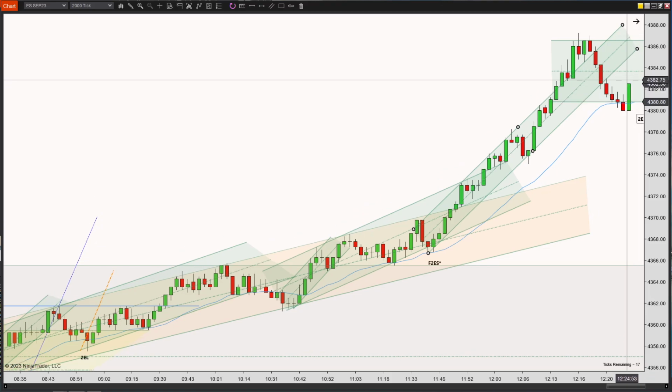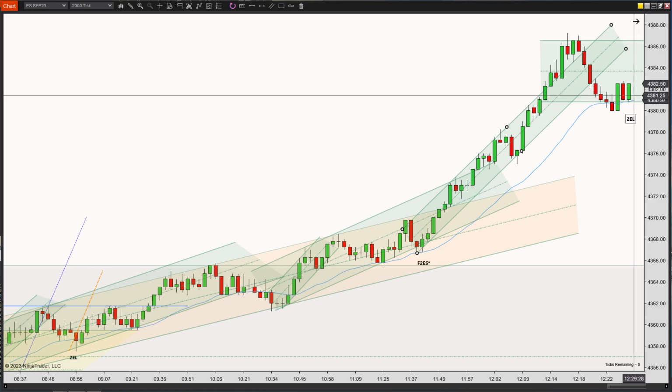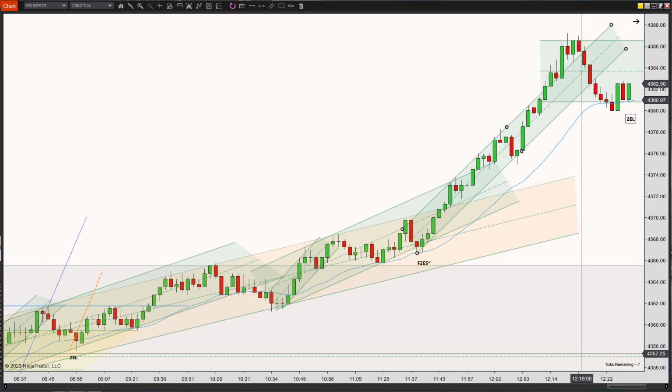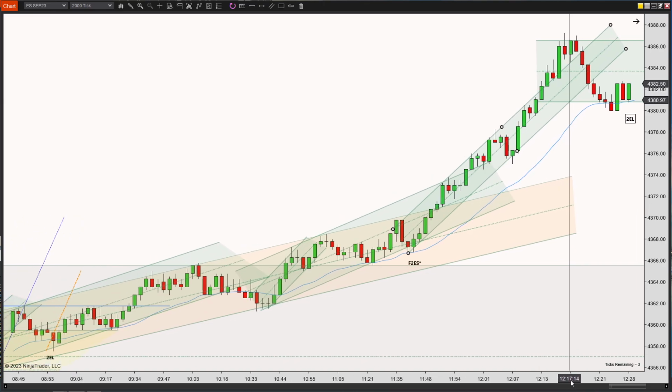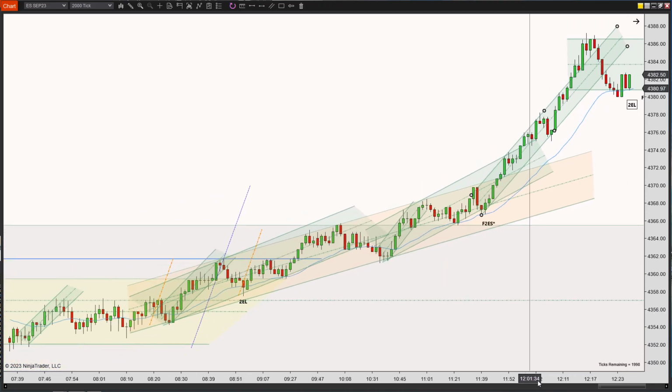It makes a first entry long, one leg down, comes back. Now it touched this EMA, makes a second entry long. So actually, after I saw this, and I've been sitting the whole day, you can tell this is at around 12, pretty close to 12:30. It's only 30 minutes left in the trading day.